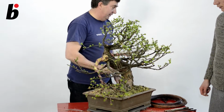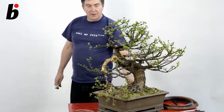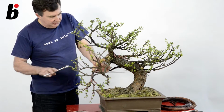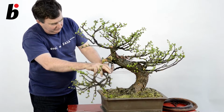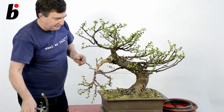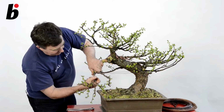So what I can now do is cut off this branch, now that we're confident that the bend is okay. So here we go. And what will happen here with this is that we can position this